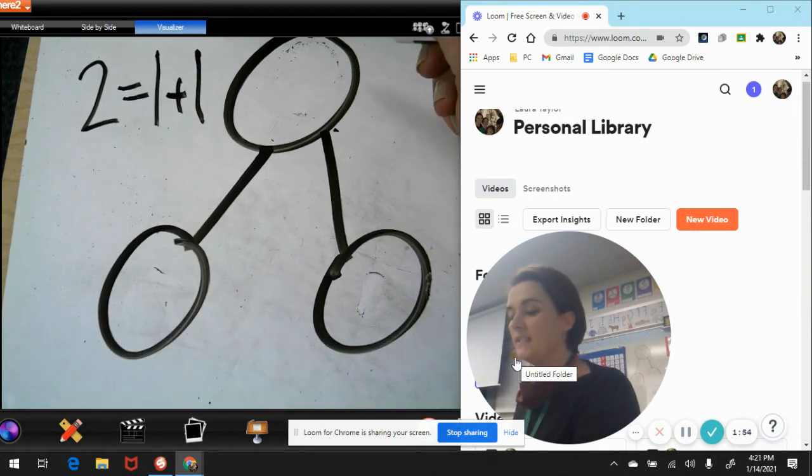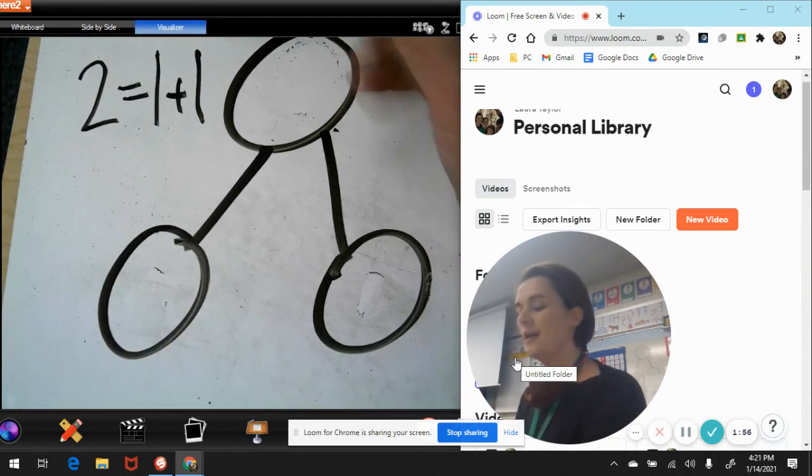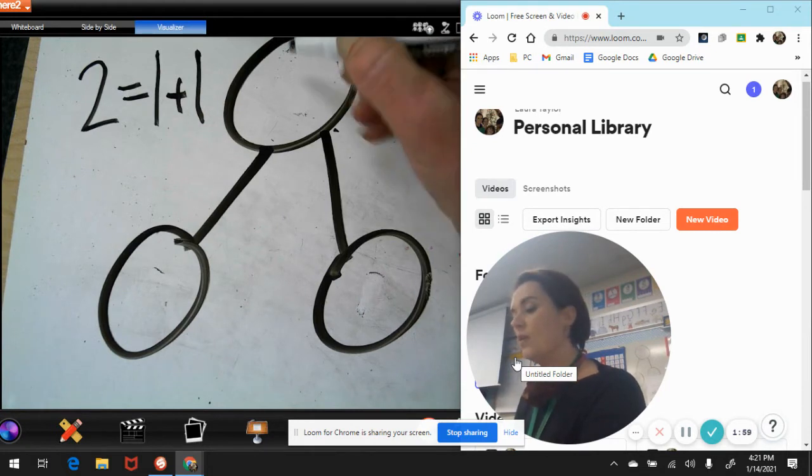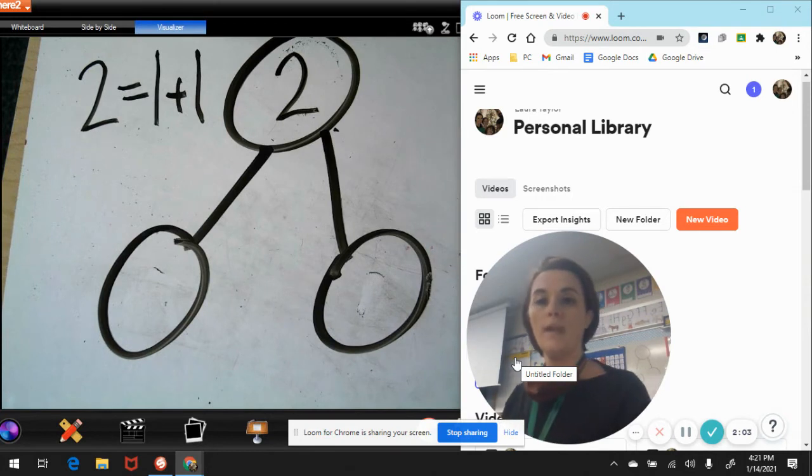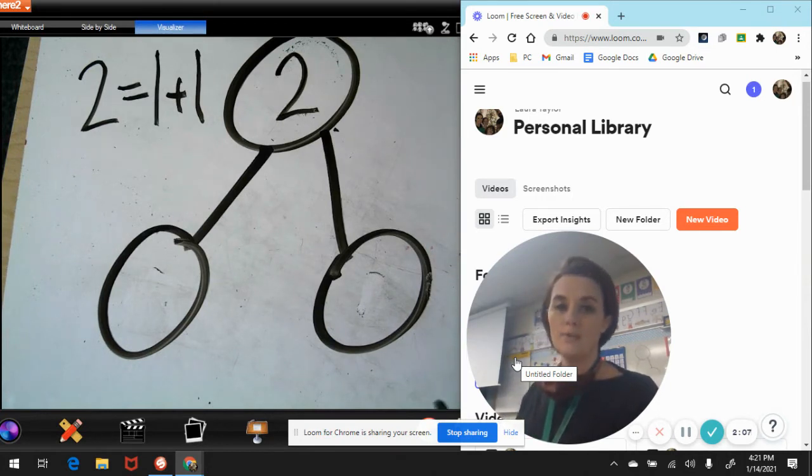Okay, let's try another one because there's another way that I can make 2, right? So this time, instead of using pictures in my number bond, I'm going to use numbers. So again, my whole is 2. Okay, here's my story. I have 2 cows in the fence. 2 cows run away. How many cows are left inside the fence? All right, let's think about it. So I have 2 cows in the fence. If 2 cows run away,